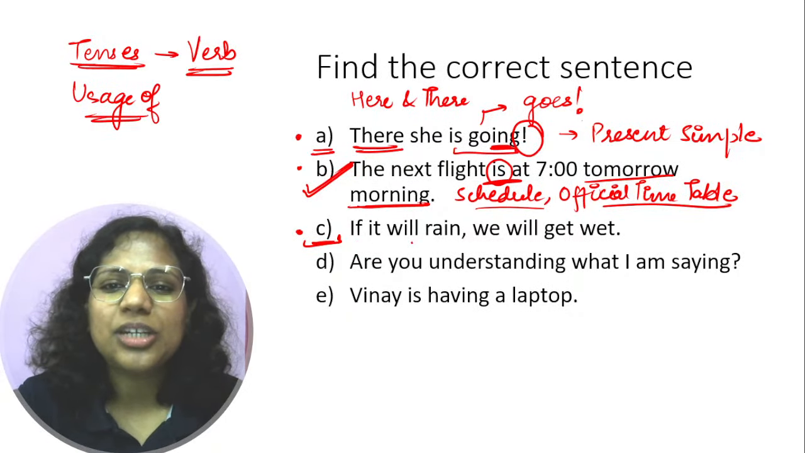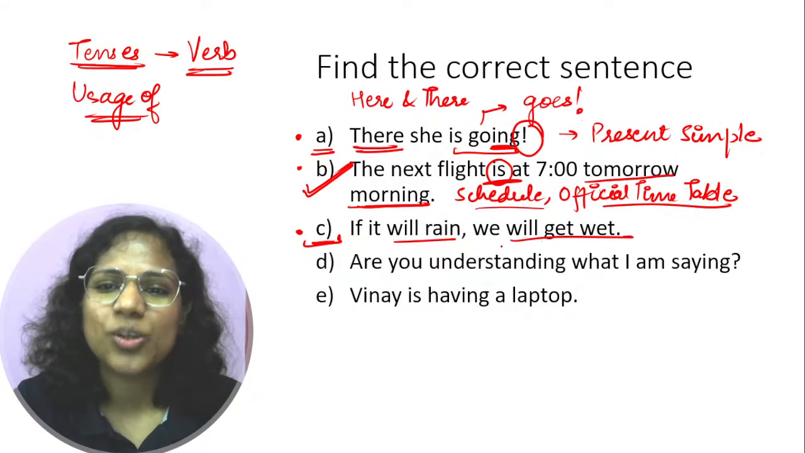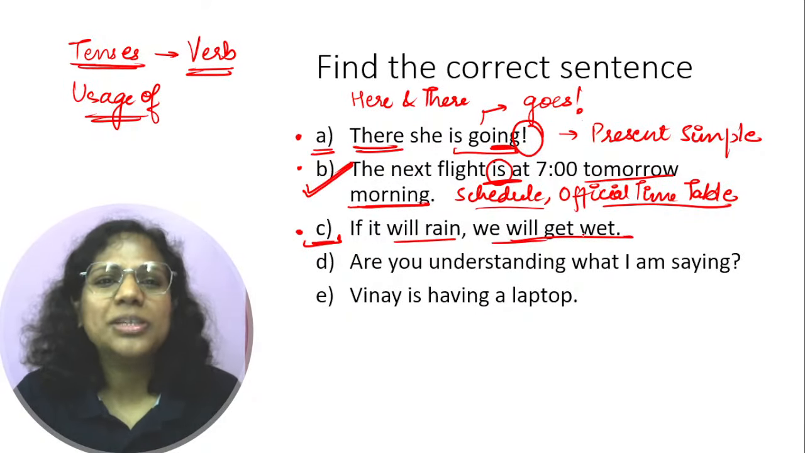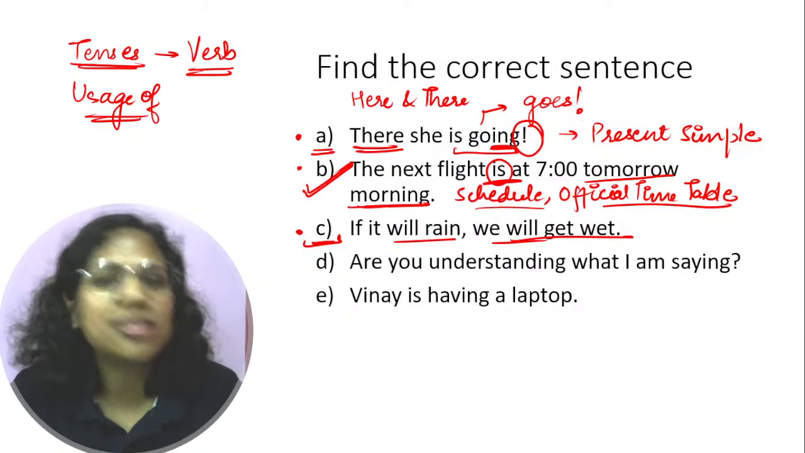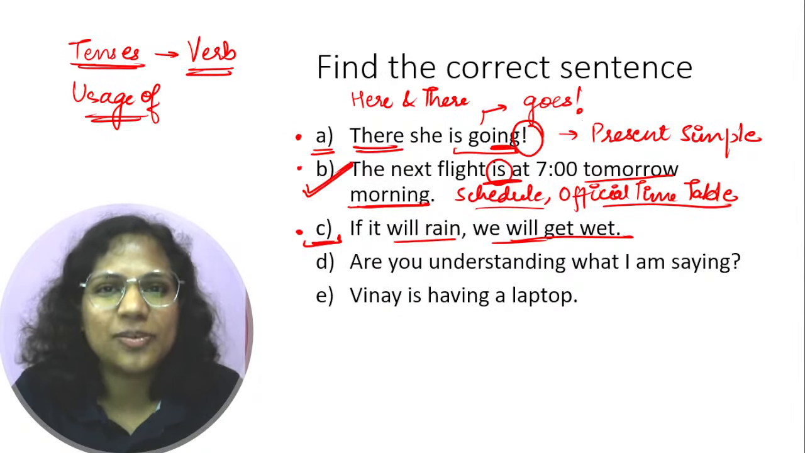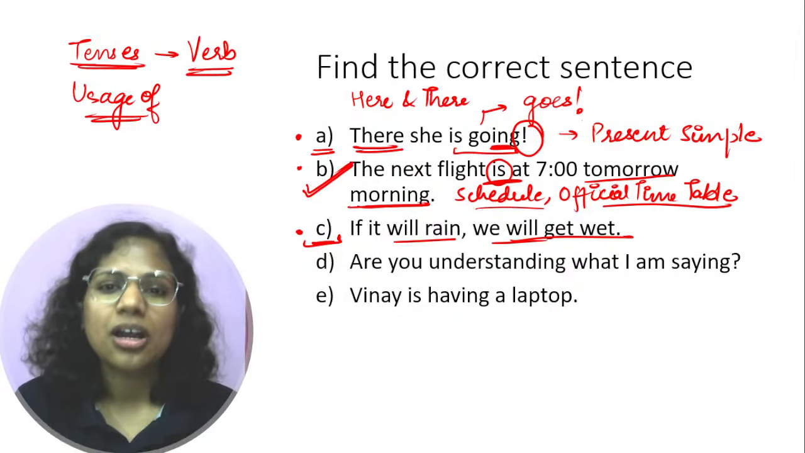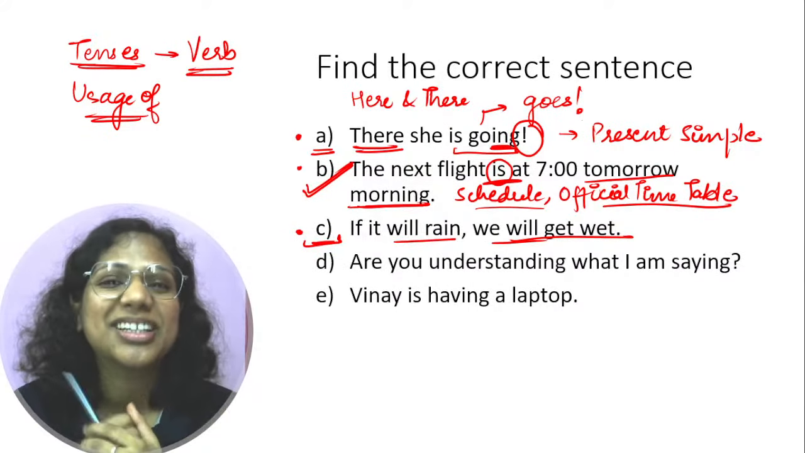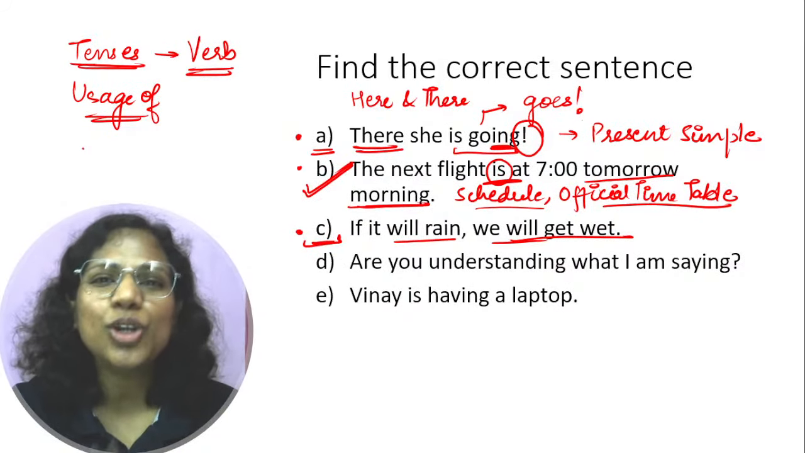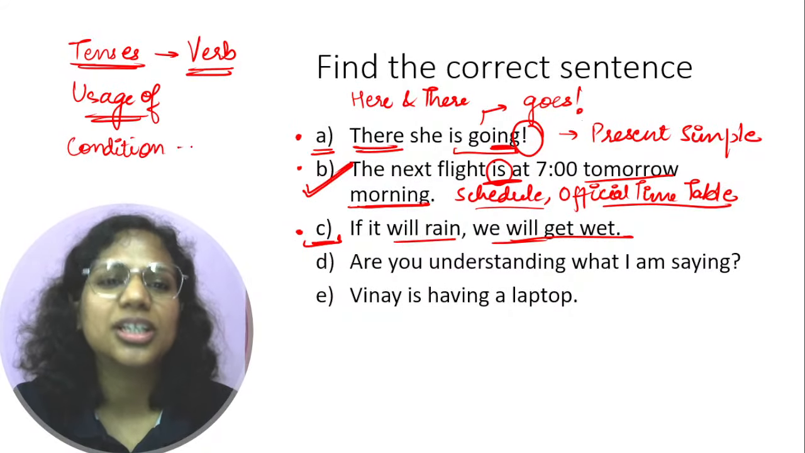Now, if it will rain, we will get wet. See, commonsensically, whoever is marked C is not wrong, because it has not rained yet. It's a future event and we haven't got wet yet. It's again a future event. So in an ideal world, this should be correct. But the rule of grammar goes that whenever I talk about a condition, a future condition,